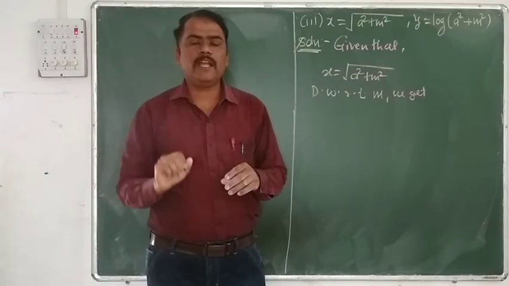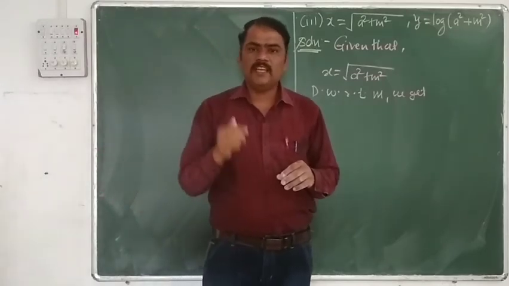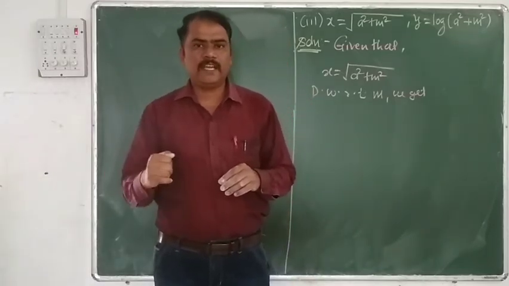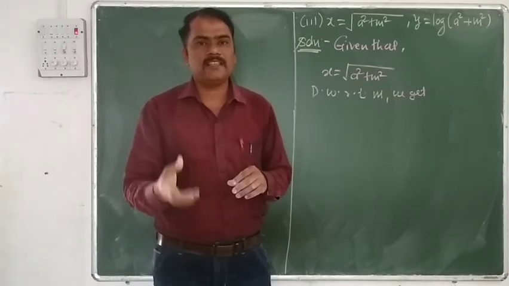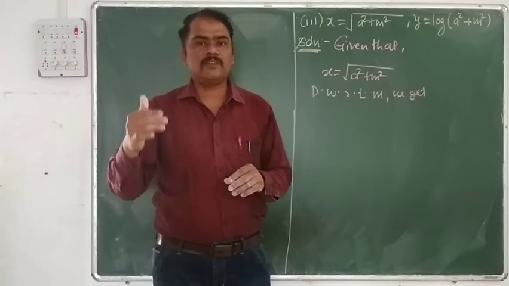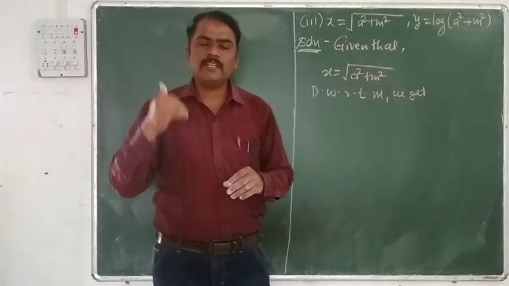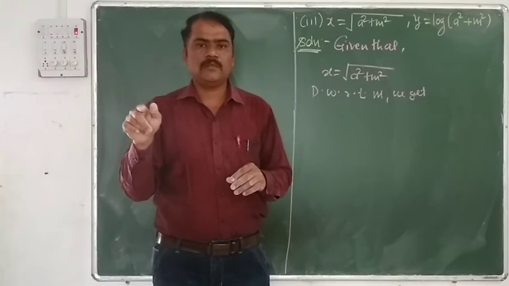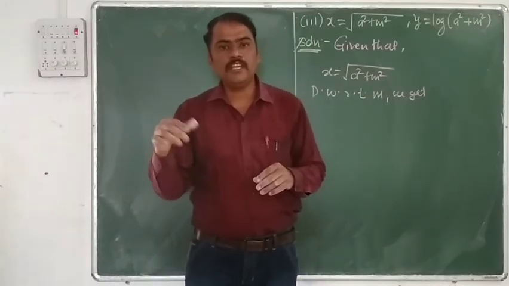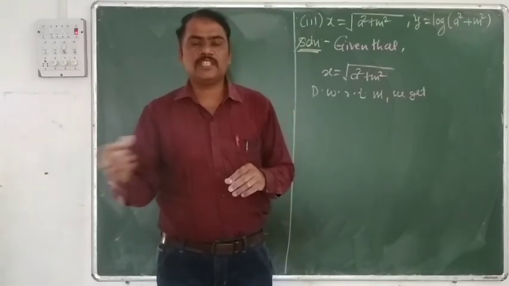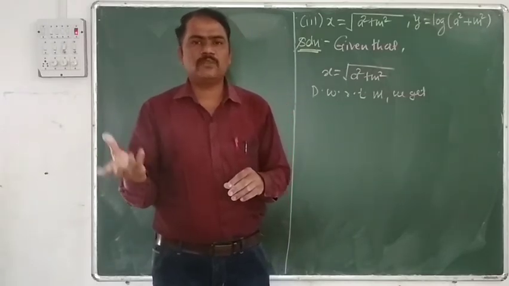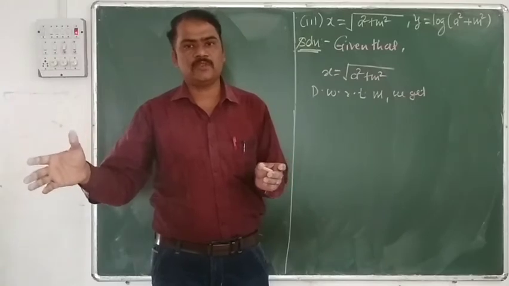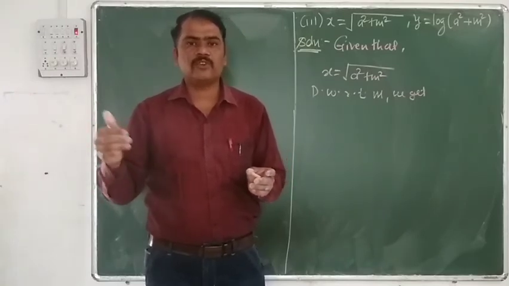ह्यामध्ये जो RHS आहे त्यामध्ये मला dy बाय dm ची, dx बाय dm ची व्हॅल्यू ठेवायची आहे. म्हणजे मला dy बाय dm फाइंड करावं लागेल, dx बाय dm फाइंड करावं लागेल. जर मला dx बाय dm फाइंड करायचं असेल तर मला x कन्सिडर करावं लागेल. x इज इक्वल टू अंडर स्क्वेअर रूट ऑफ a स्क्वेअर प्लस m स्क्वेअर आहे. मग जर मी डिफरन्शिएट केलं तर dx बाय dm इज इक्वल टू स्क्वेअर रूटचं 1/2 टाइम्स अंडर स्क्वेअर रूट ऑफ a स्क्वेअर प्लस m स्क्वेअर इंटू a स्क्वेअर प्लस m स्क्वेअरची डेरिव्हेटिव्ह. त्यामध्ये a स्क्वेअर कॉन्स्टंट आहे त्याची 0 आहे, m स्क्वेअरची 2m. म्हणजे माझे रिक्वायर्ड डेरिव्हेटिव्ह 2m डिवायडेड बाय 2 टाइम्स अंडर स्क्वेअर रूट ऑफ a स्क्वेअर प्लस m स्क्वेअर. 2 कॅन्सल होईल म्हणजे m डिवायडेड बाय अंडर स्क्वेअर रूट ऑफ a स्क्वेअर प्लस m स्क्वेअर.